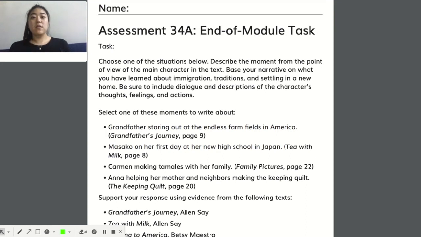Moving on, base your narrative. We know that this is a narrative writing piece on what you have learned about immigration, traditions, and settling in a new home. So I'm emphasizing again what you've learned so far in this entire module. I've set this for your focusing question task 3 paper, the paper you just wrote. I want you to make sure that you use